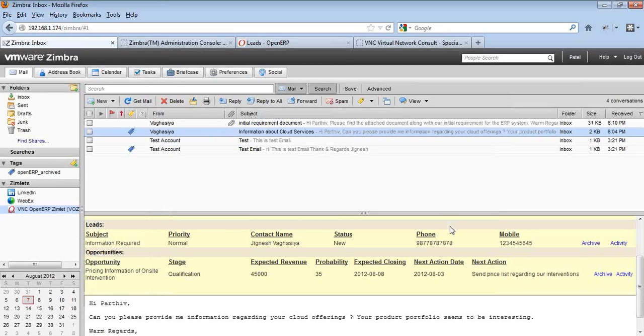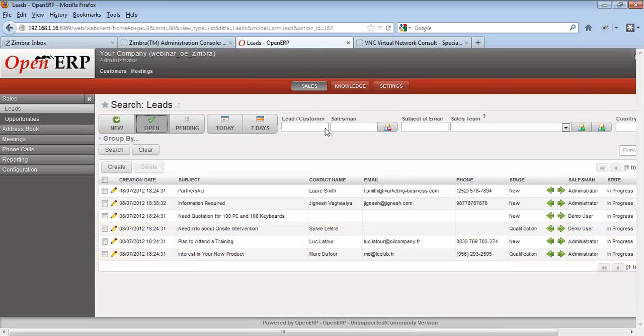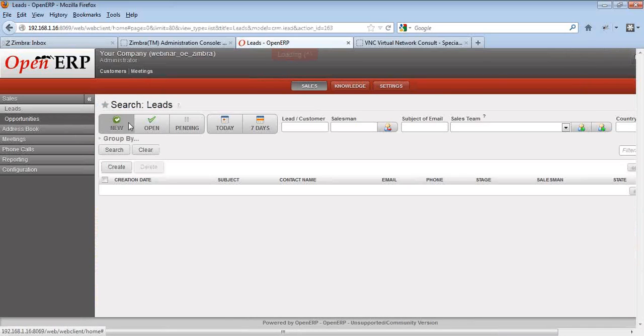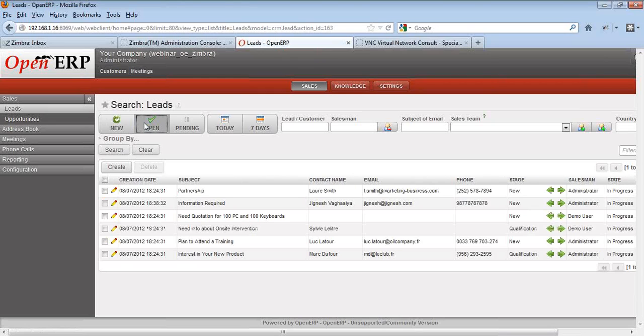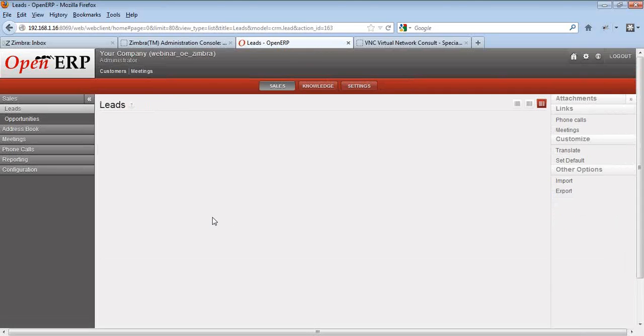So this way it will make operations really easier for end users, archiving the email data or all the information that has come into OpenERP and associating it with the proper leads or opportunities, instead of going around here and there with a number of screens. So if I go to OpenERP, this is the standard OpenERP interface. If I go to the leads, I search all the open leads,